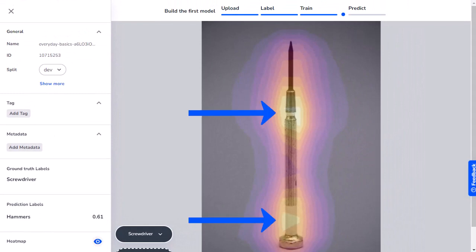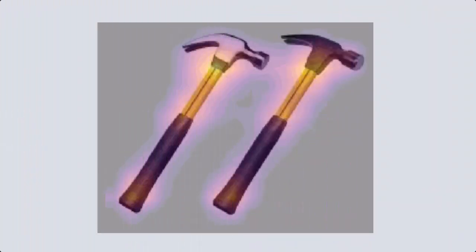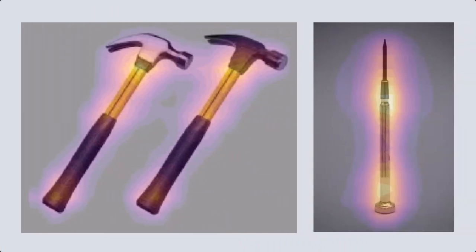The heat map shows two activation points. If I look at the heat map of a hammer in my dataset, I can see that there are two activation points in similar areas. To help improve the model's accuracy, I can upload more images of precision